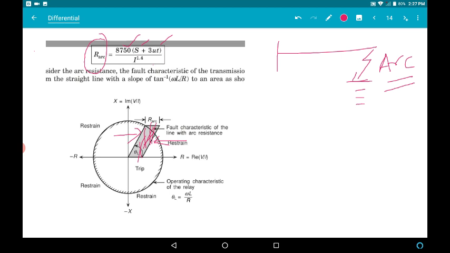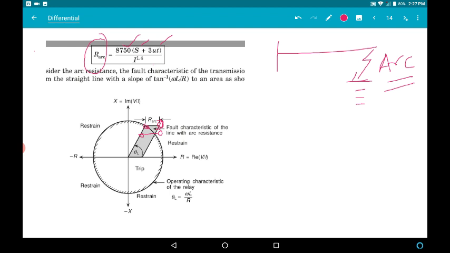The arc resistance plays a role such that the point which would have been inside the circle, now for some cases will be outside the circle. That means the relay may maloperate because of the arc resistance, right? You can see the points have changed. The point which was here will now be here, and the point which was here is now here. At this point the relay should have been on the verge of operation, but because of the arc resistance it will not operate. So the relay under-reaches because of the arc resistance.